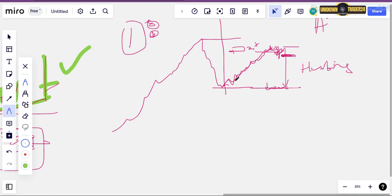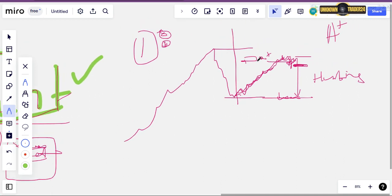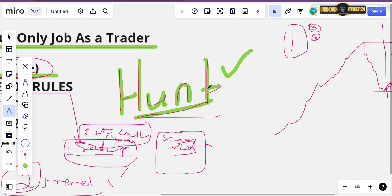Because you will have mastered it in and out, okay? And you will understand your setup, and it will be your own, okay? So this is what will really help you, because your only job is to hunt,